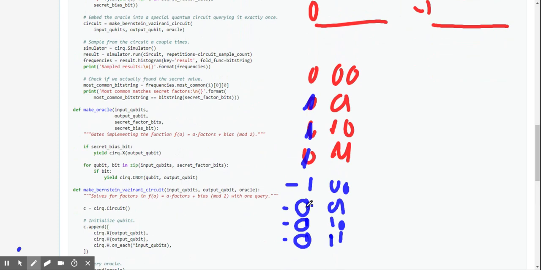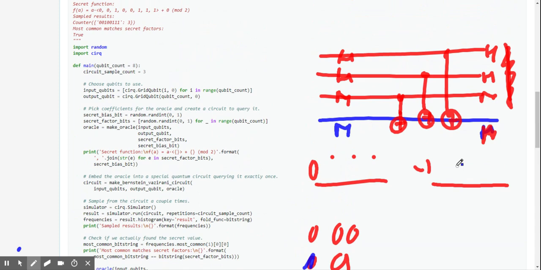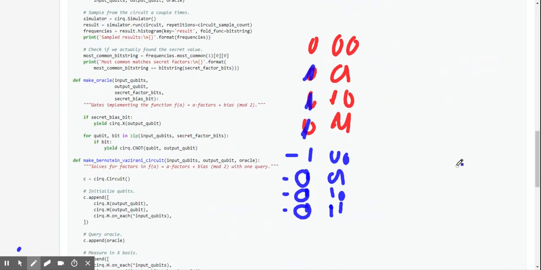I mean, I can't find a neat way to explain that. And now if I would like to apply the Hadamards,